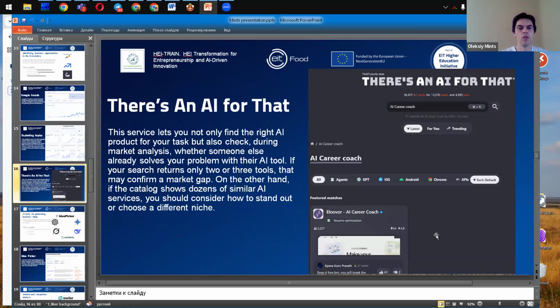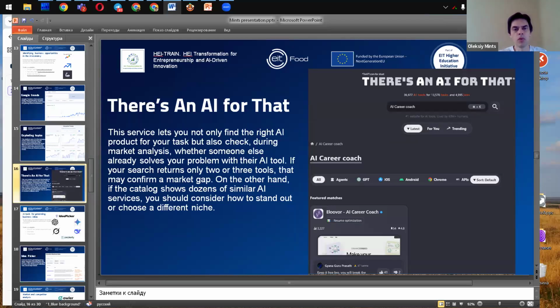This service lets you not only find the right AI products for your task, but also check during market analysis whether someone else already solves your problem with an AI tool. If your search returns only 2 or 3 tools, that may confirm a market gap. On the other hand, if the catalog shows dozens of similar AI services, you should consider how to stand out or choose a different niche.